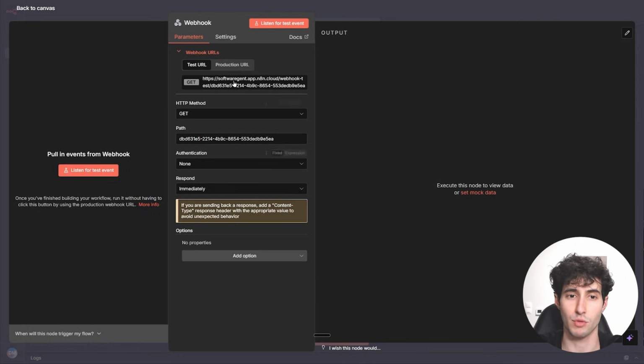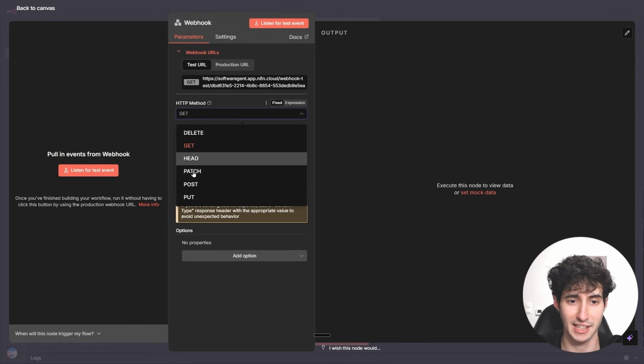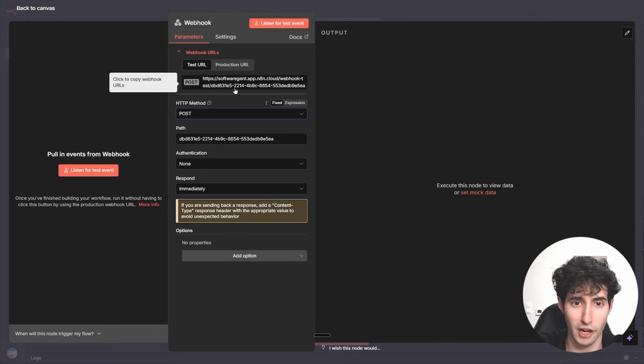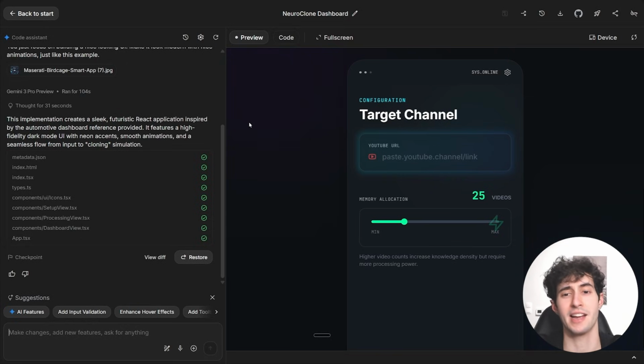And as you can see, this webhook has a bunch of settings over here. But we don't need to change all of them. The only change that we need to make is we need to come over here in the HTTP method and change it from get over to post. Since that is the type of request we're going to send over to Gemini 3 in order for us to be able to send and also receive data. And now all you have to do is to come over here and click on top of this URL in order for you to copy it in your clipboard, and then come back over to Gemini, where as you can see,